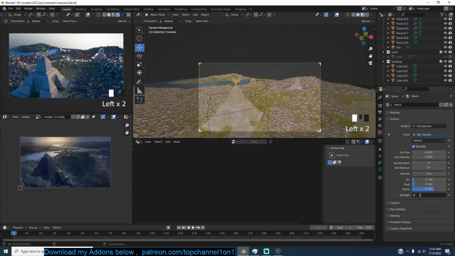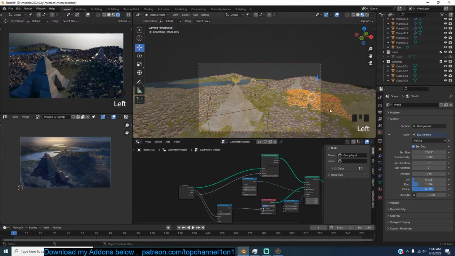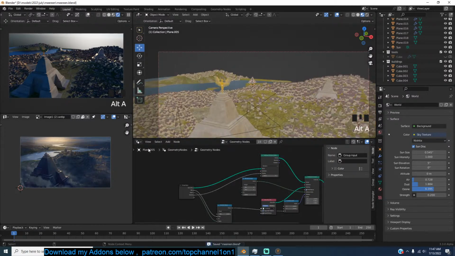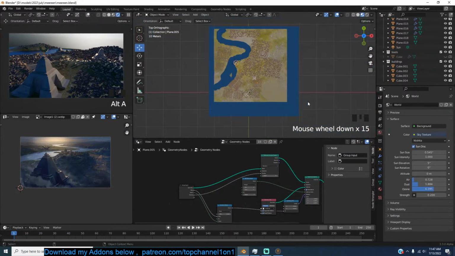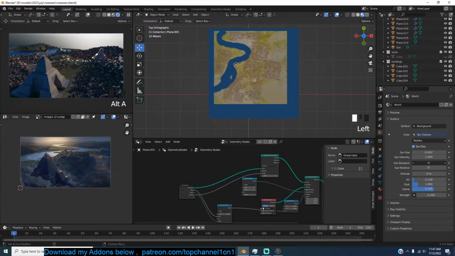Point 2. I want to have the sun directly here. Let me see. So if I have the rotation 25, negative 5,